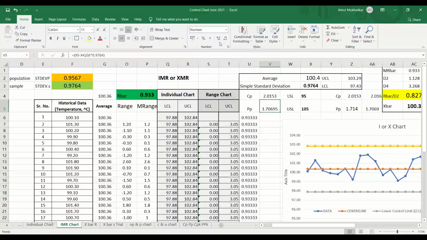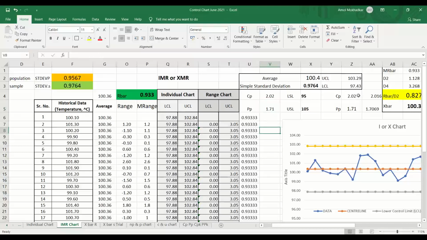Normally round it off to 2 figures, and the rounding off should be proper mathematical rounding off. When we say CP or PP, we don't go to the third or fourth decimal. Round it off to the nearest 2 decimal places. But it should be a mathematical rounding off. It should not be like 1.7070, where you just say 1.70 and the 2 decimal places are gone. No, it should be the mathematical one.